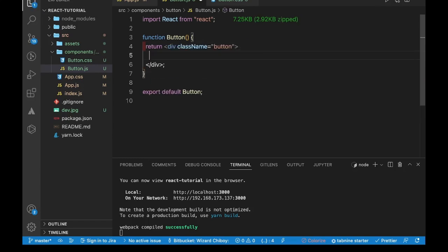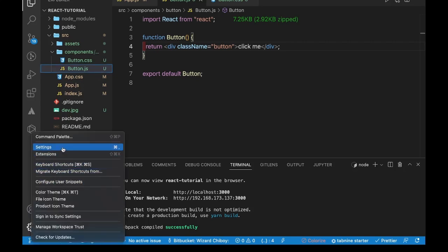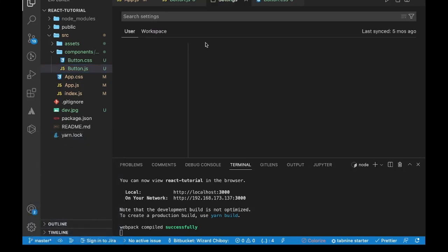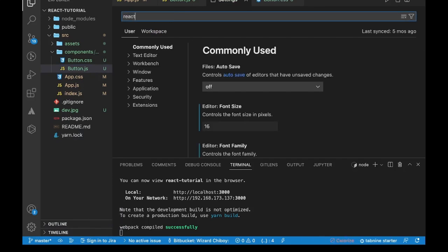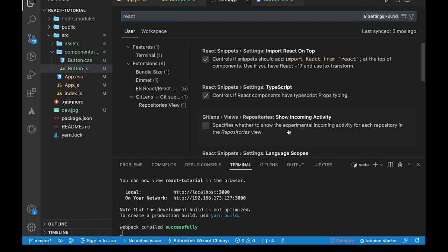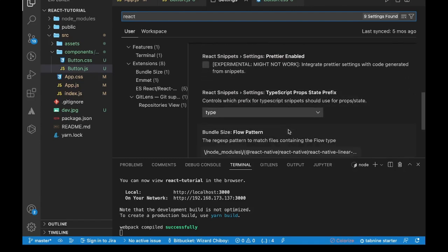component. I can just come here and say something like click me. I'm gonna show us how this thing is going to appear soon enough. But before then, I want you to get to know how to use that particular abbreviation. So what I want you to do is to go ahead and click on the setting that is right here, and then search React. When you search it, scroll down a bit, you will